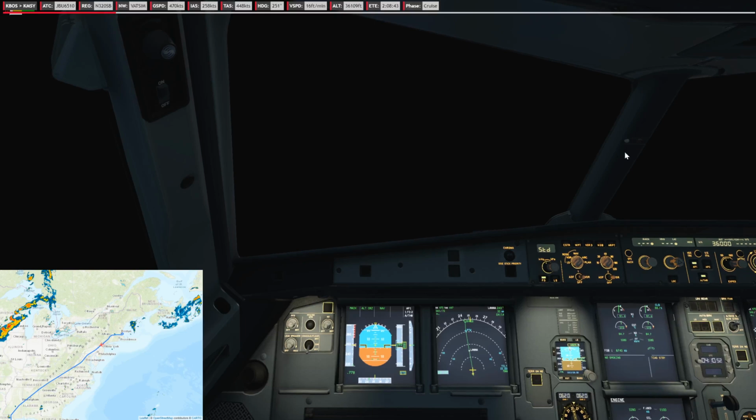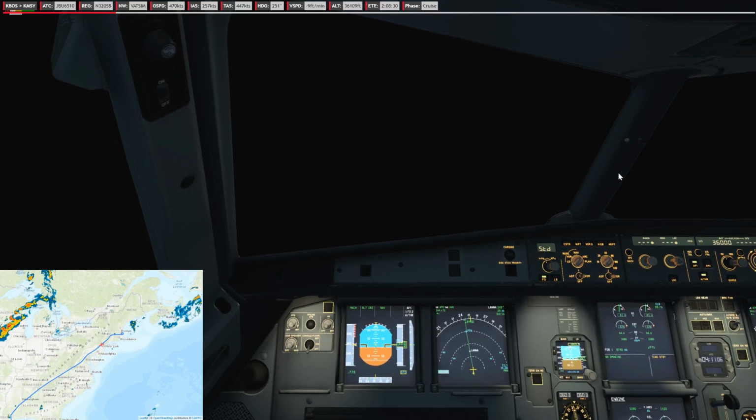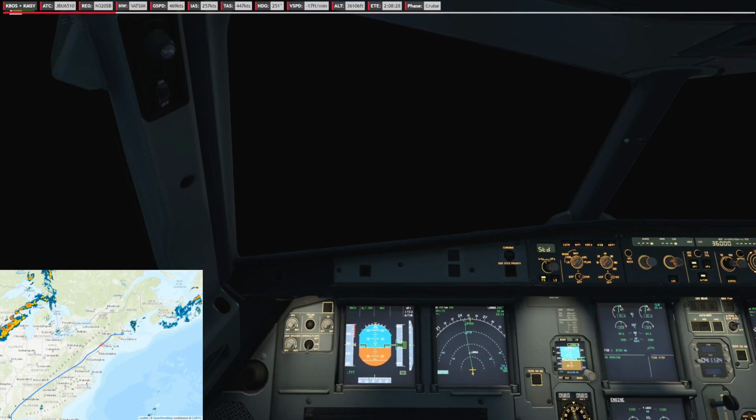Why am I getting 18 FPS? Wait, Durban, Foxtrot Alpha Delta November? No, it's Lima Echo, FALE. I don't know why my FPS is utter garbage right now. Maybe it's just X-Enviro with FlightFactor. It's just not a good combination. No, but it was 23, 24, now it's 19. Hang on, let me...